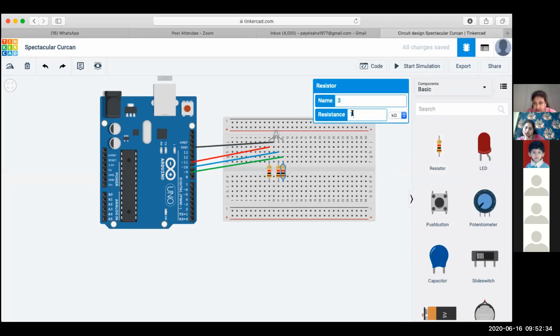Now I change the value. This should be 150 ohms.